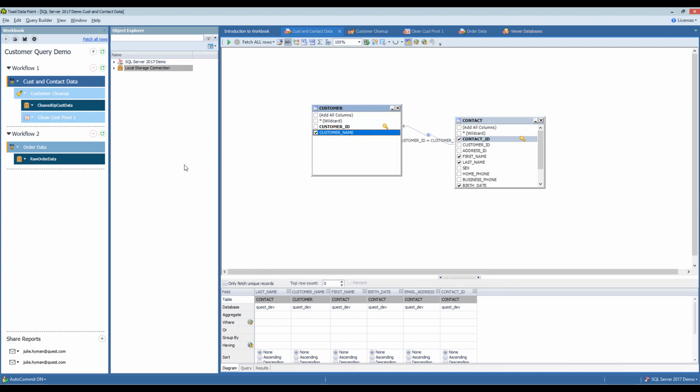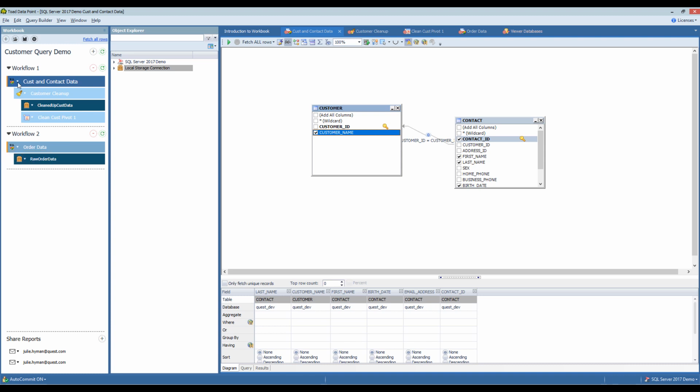So first of all, the reason I want to create an output step at all is usually so that I can take the data that's being generated in a particular workflow and use it in another workflow. For my example here, I'm going to use it within the same workbook, but I've got customer and contact data and I have order data. And if I wanted to create a third workflow that combined my customer and contact data with my order data to get a full customer plus order data stream result set, how would I do that?